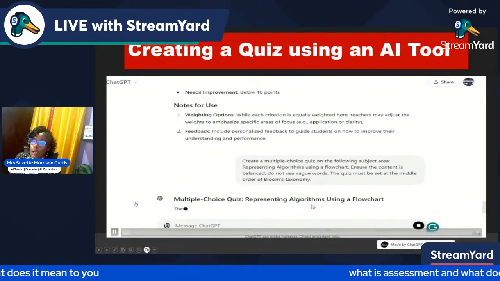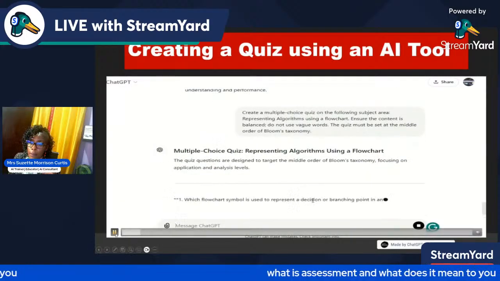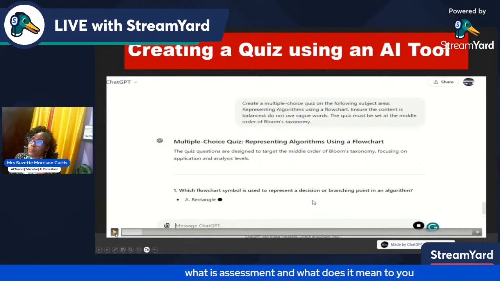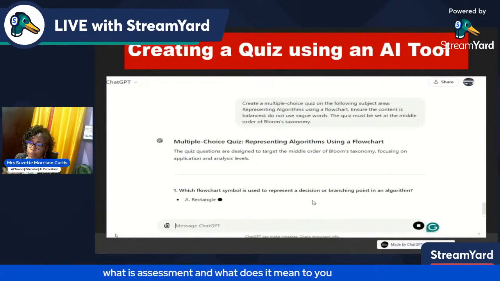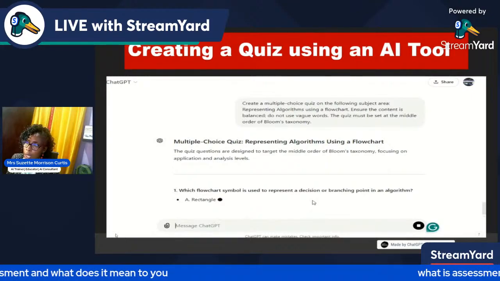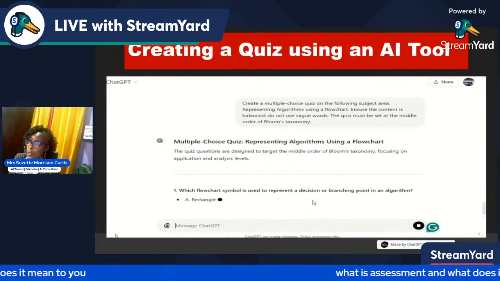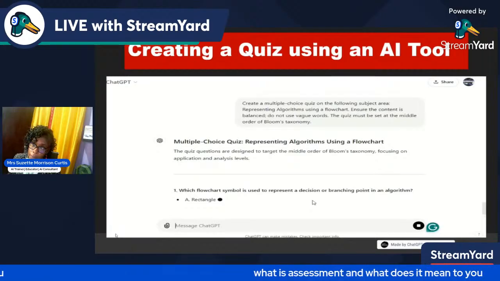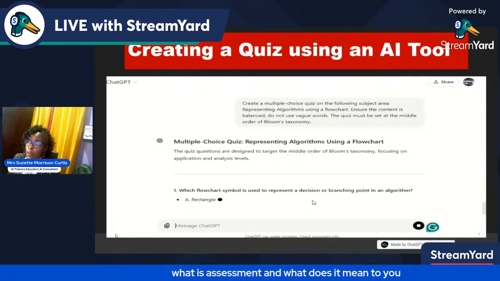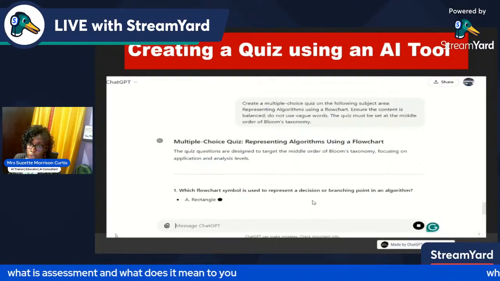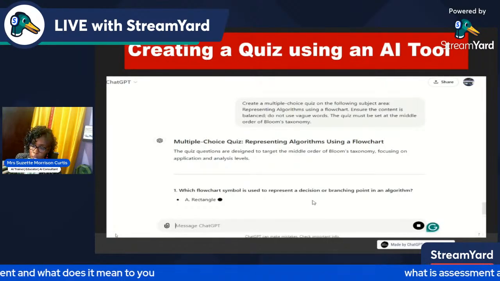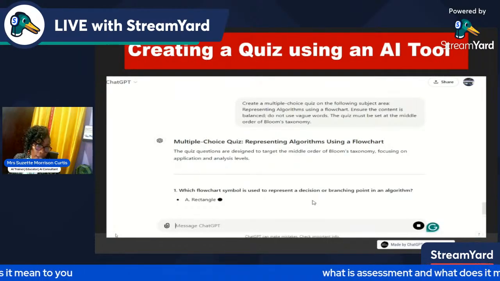Now, creating a quiz using the AI. So basically, your prompt is very specific. You're going to create a multiple choice quiz on the following subject area. You give it the subject area. Ensure the content is balanced. Do not use vague words, so you don't want it to use what, which, why too many times.